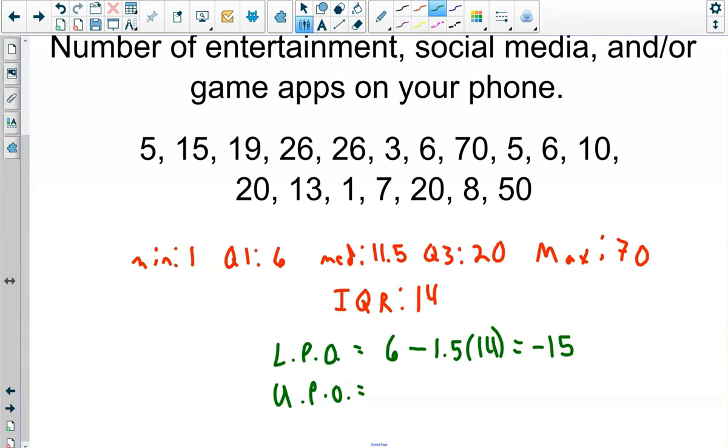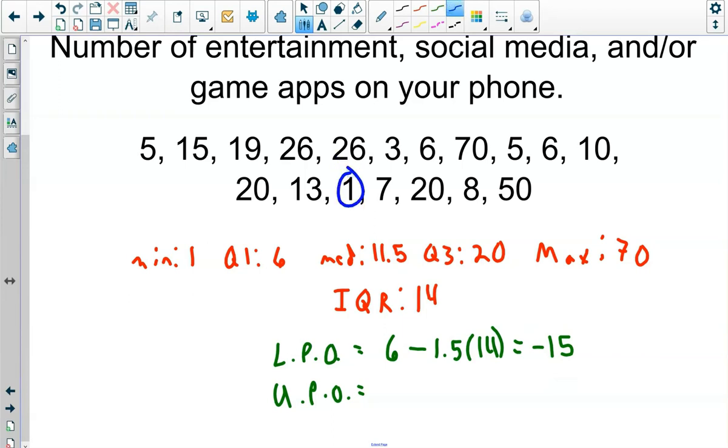No. Technically, the lowest my data values could have been is 0. But again, taking this in context of what you just found, if someone in the class had negative 17 apps on their phone, they would be a potential outlier. If they had negative 23 apps, they would be a potential outlier. If they had negative 15 apps, they would not be a potential outlier because they are on the cutoff. Since this is the cutoff for potential outliers, if I find my lowest value,